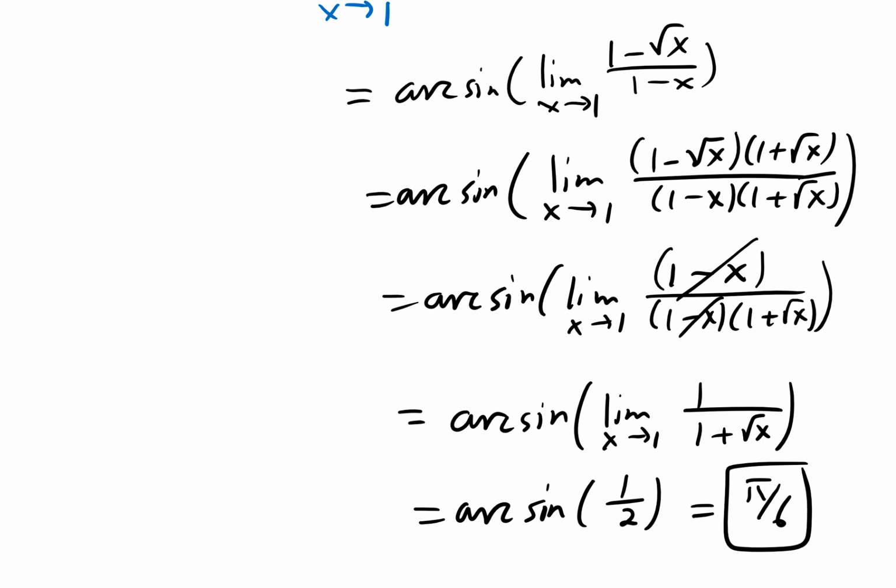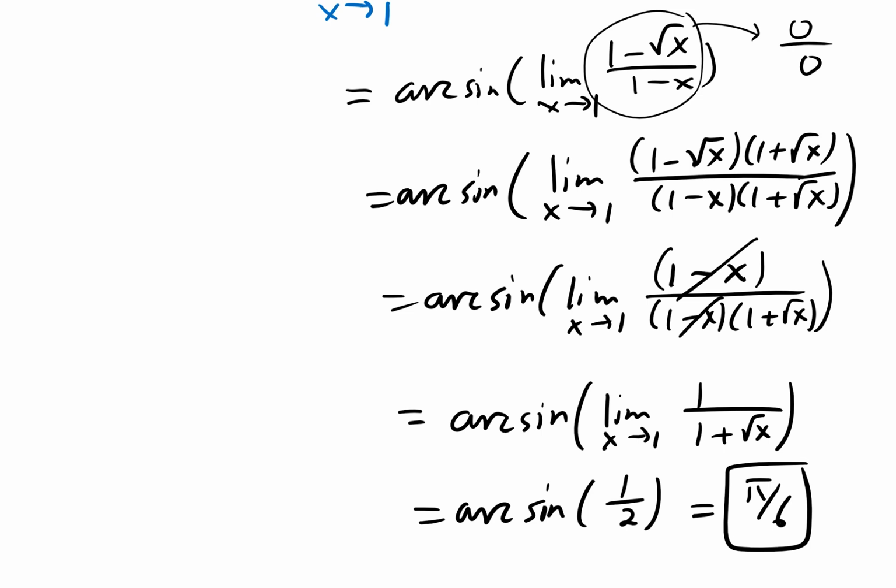So you mean the limit as x goes to 1 of 1 minus root x over 1 minus x. When we use limit laws, we see 0 over 0. Yeah, if you pass the limit to this one, you will get 0 over 0. But why don't you find it first before you